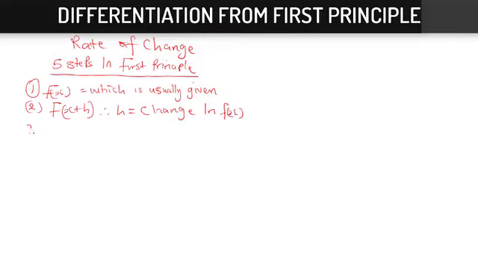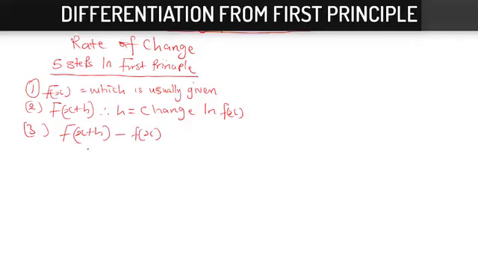Number 3, f(x plus h) minus f(x). Number 4, f(x plus change in h) minus the f(x). Then number 5, the limit as x tends to 0